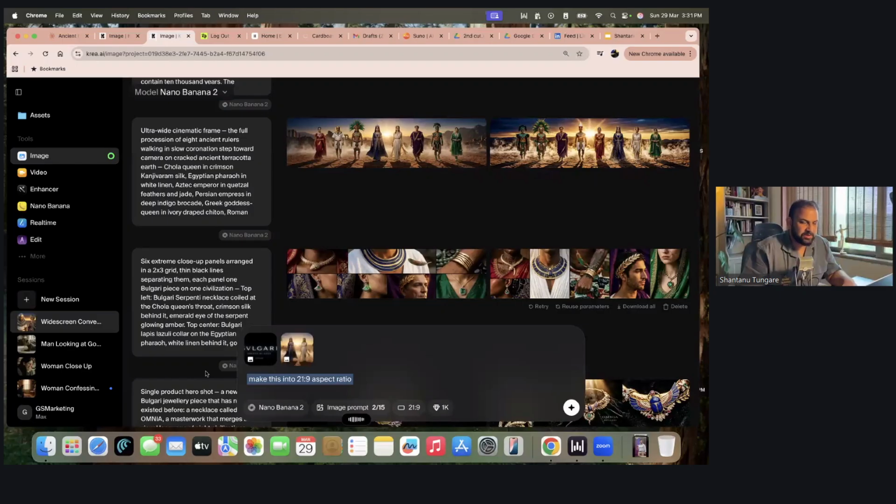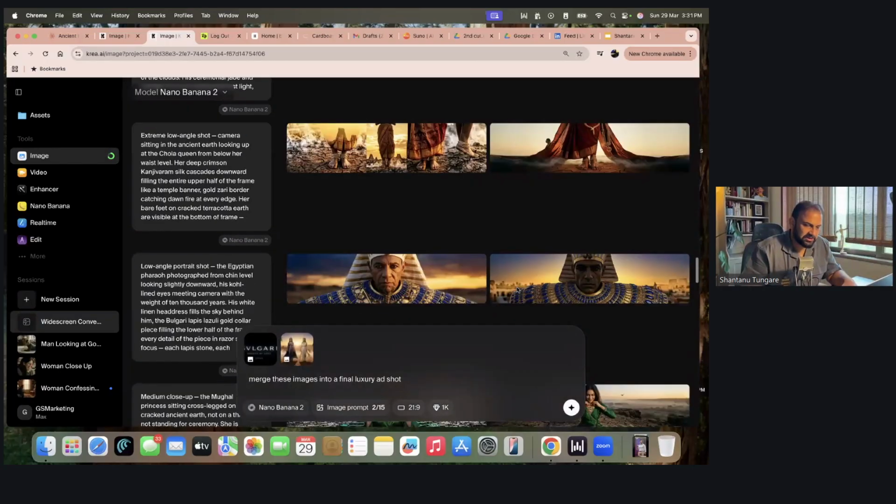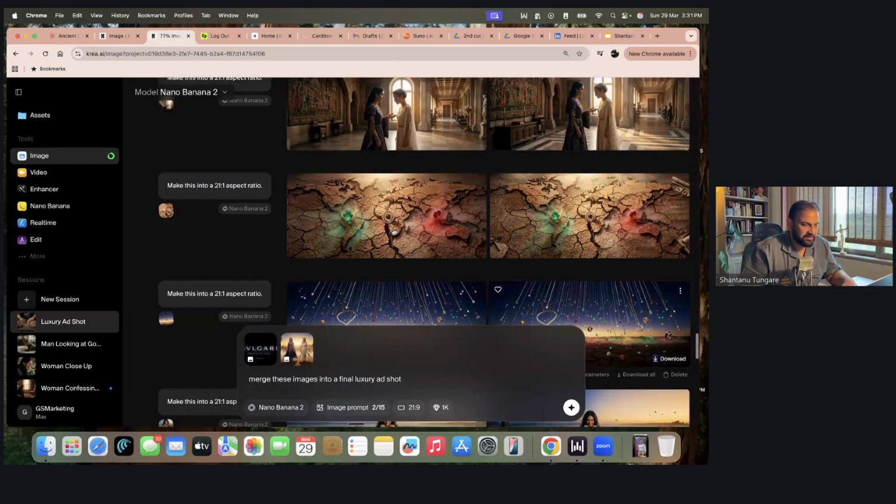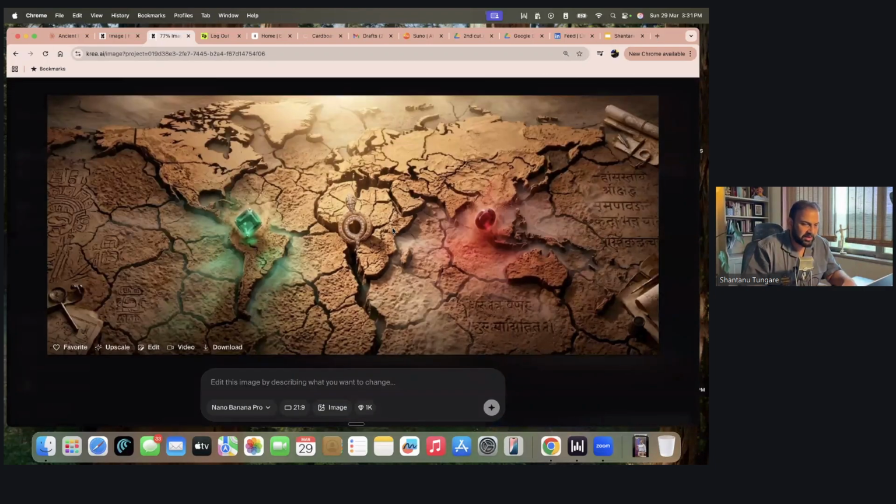Merge these images into a final luxury ad shot. Okay, I've put in that and let's hit generate. Okay, crazy. Check this out. So what do we have? The same images now are formed into